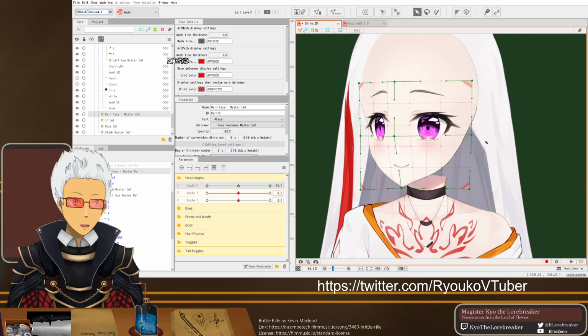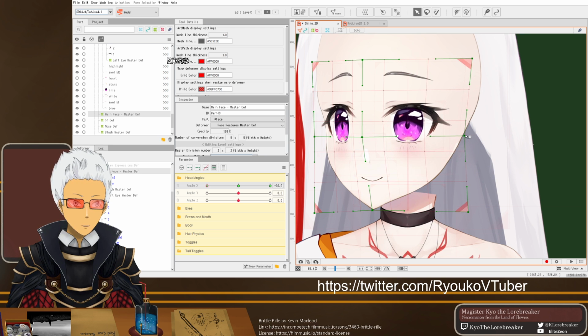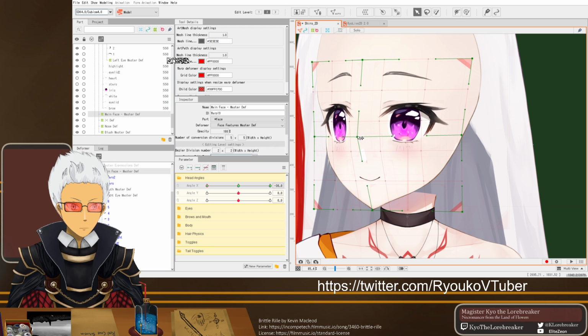And then other parts, like the eyebrows, they're a bit off on position, so I'll need to make a deformer for those and get them into the right position and so on and so forth. I think I want this a little bit more, like, here, maybe?